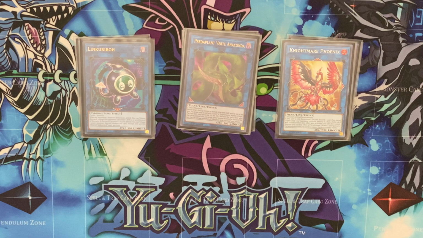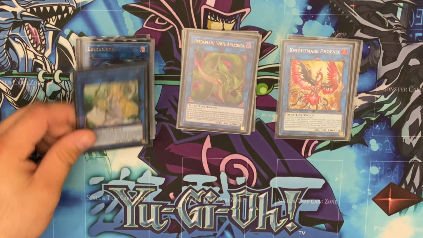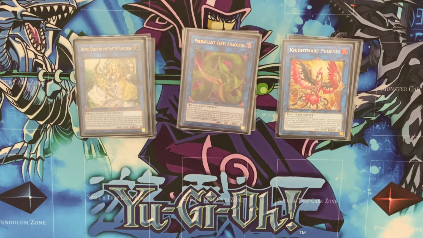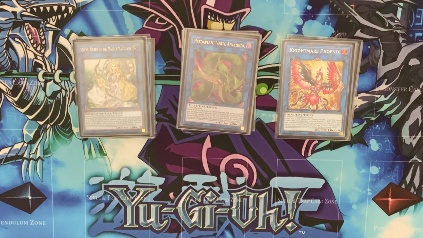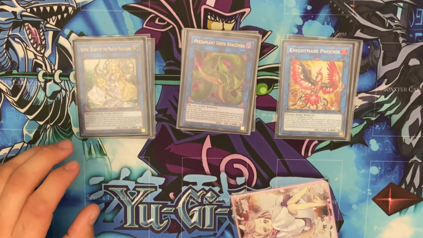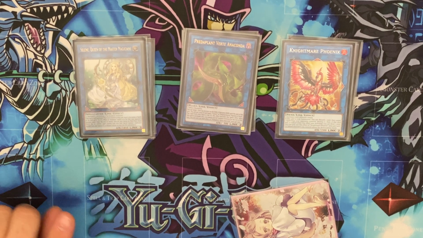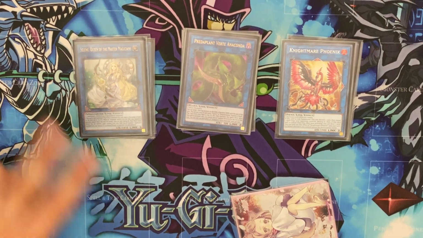But for our highest Link combo, we have Selene, Queen of the Master Magicians. In order to make this card, you need 2 or more monsters, including a Spellcaster monster. So you need to add up to 3. So, basic math. So you generally use this card by using a Dark Magician or your Red-Eyes Dark Dragoon,